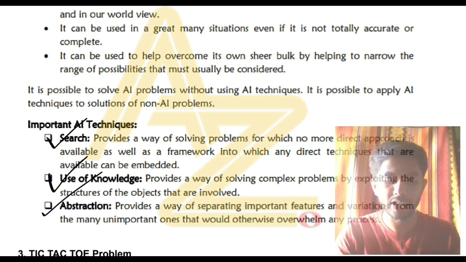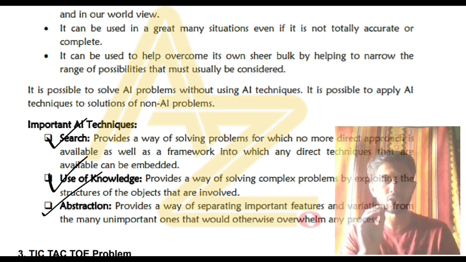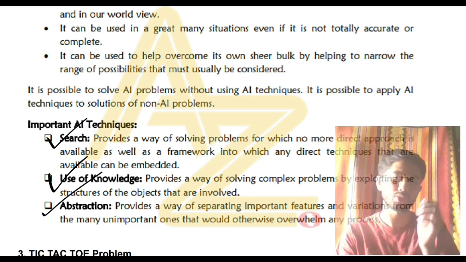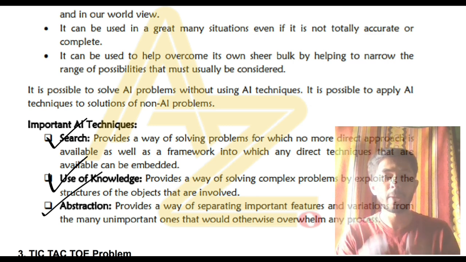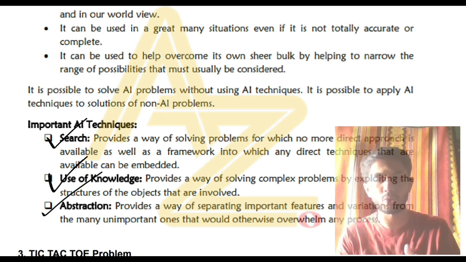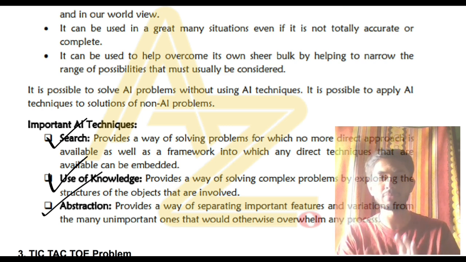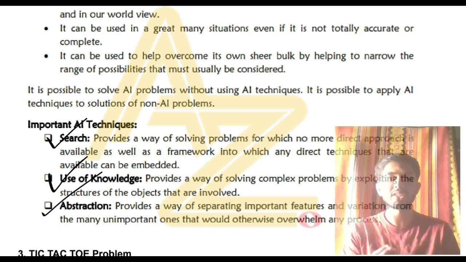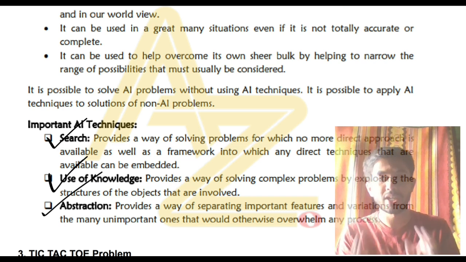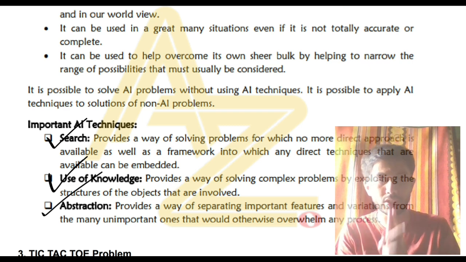Next is use of knowledge and abstraction. Obviously you will be using knowledge, so you have use of knowledge there. Abstraction means that only what is relevant is shown, like how a car works. If you're just driving a car, you will be just moving it forward, but you don't know what's actually happening in the engine, and you need not know that unless you're interested. Whether you know how a car works or not does not matter for the movement of the car. For the movement of the car, you need to know a few steps. That's only what matters. The same thing the AI also does. It does not discuss everything in depth. It discusses only those things that are relevant and finds the answer much more quickly. Okay, that was about the second important question, which is AI technique. This much you have to write.